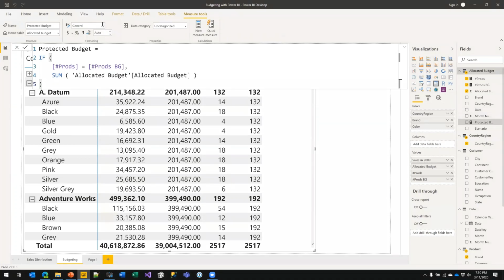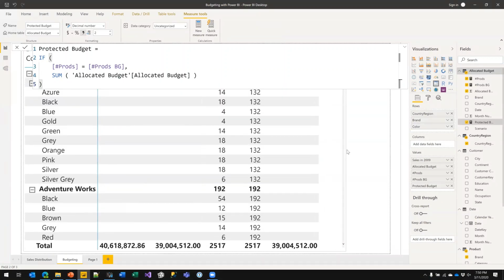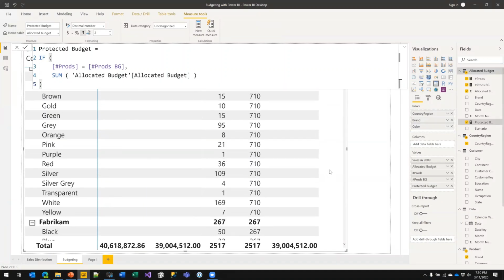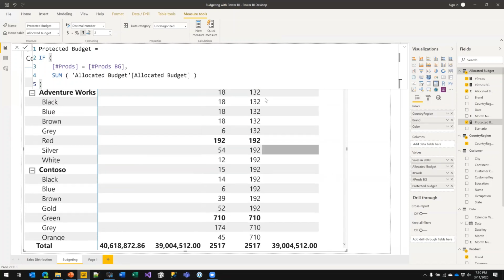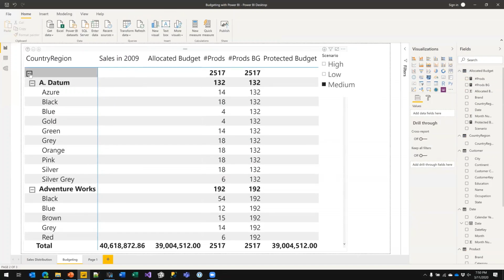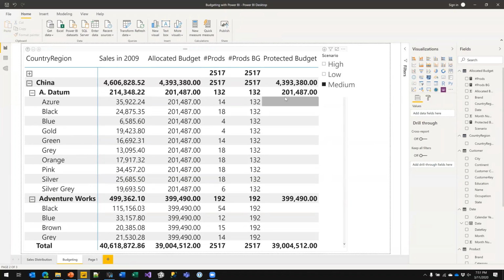This measure, once it's formatted as a decimal number with commas, and projected in my report, I need to get rid of this empty. You see that it shows a value for a datum and it blanks the value everywhere else.